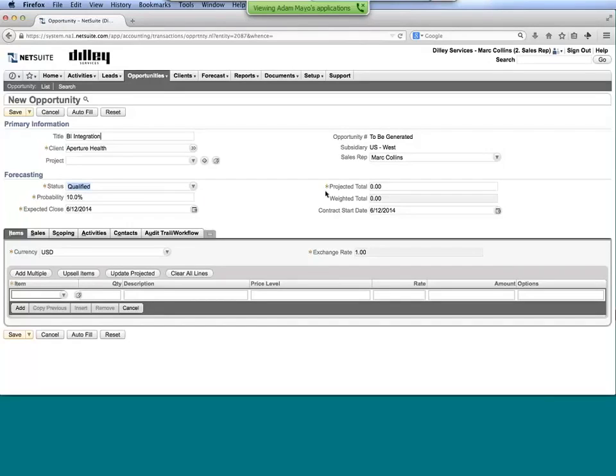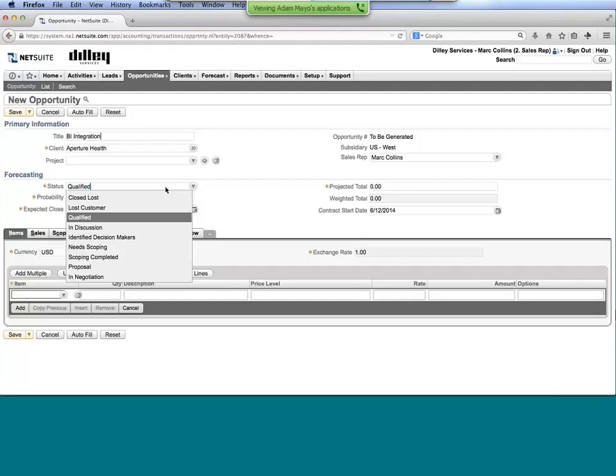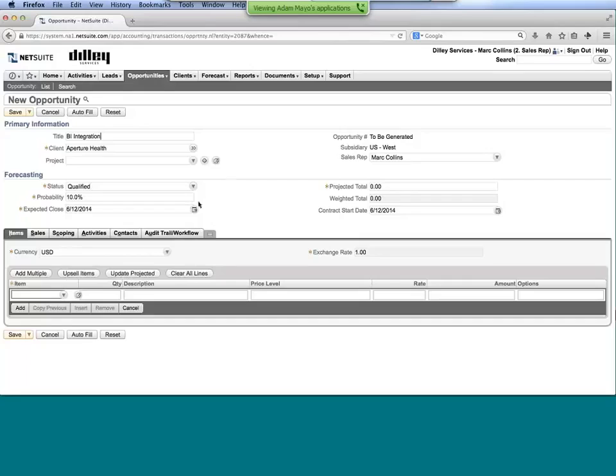So as I start to build and add items to this overall opportunity, and then as I move it through the different life cycle of the opportunity, it's going to weight it appropriately. And again, this is all configurable, things that you'd be defining as part of the setup of the system. So in this case, let's say that we're an IT type of services company where we might be reselling some products, but we're also going to be setting up a project to do this integration work on behalf of our client.